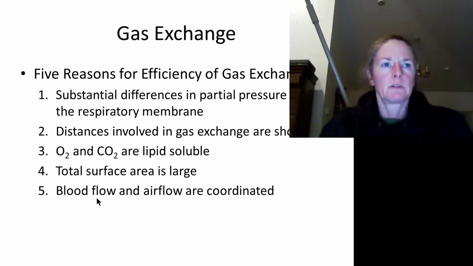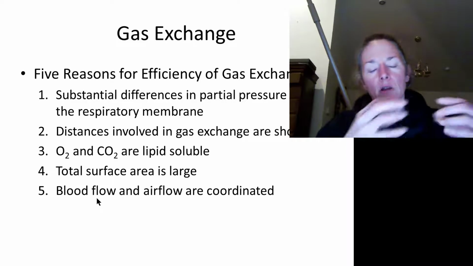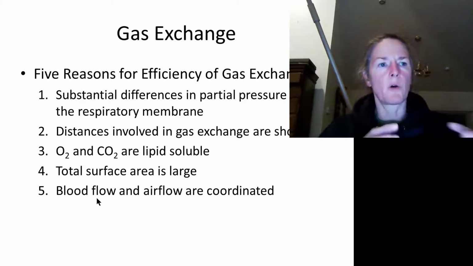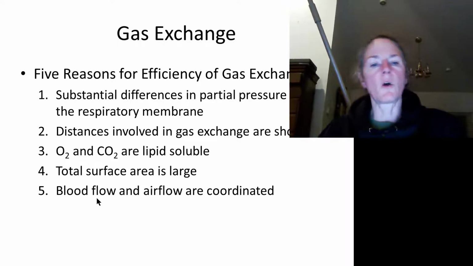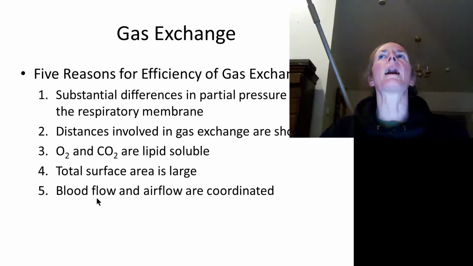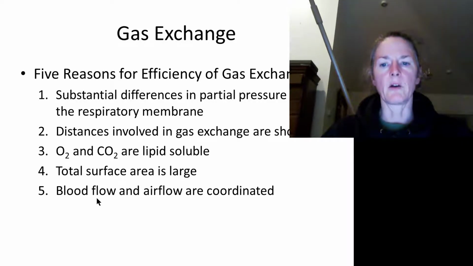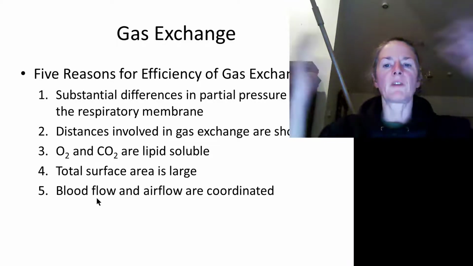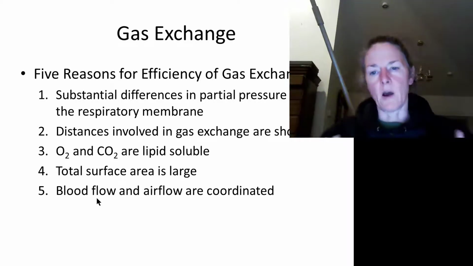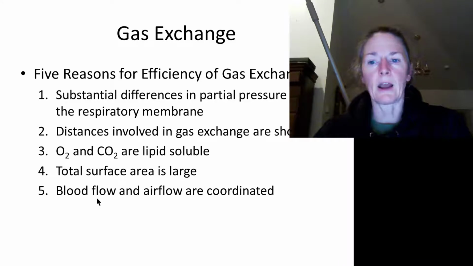We don't want to go pick up air that's mostly carbon dioxide. And so that way we're going to be able to pick up the oxygen, because we've shunted our blood flow around the alveoli that are rich in oxygen so that blood can pick it up. And by the same token, once we have off-gassed the carbon dioxide, when we breathe out, where other alveoli maybe have mostly carbon dioxide in them, then once they've breathed the carbon dioxide out and now oxygen is coming in, now that capillary blood flow will be shunted towards those alveoli,